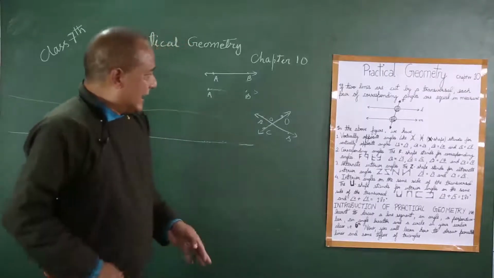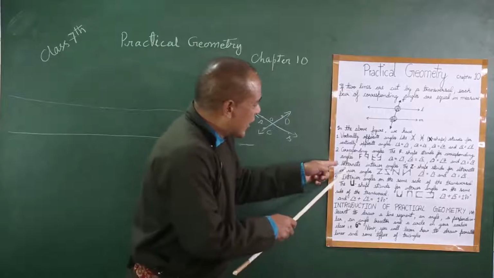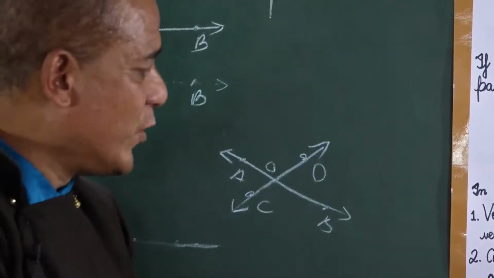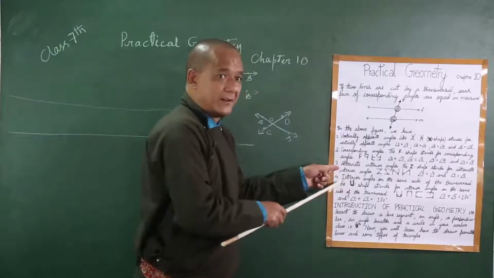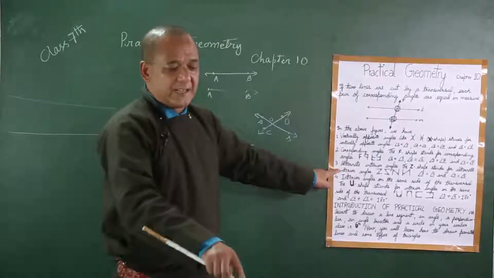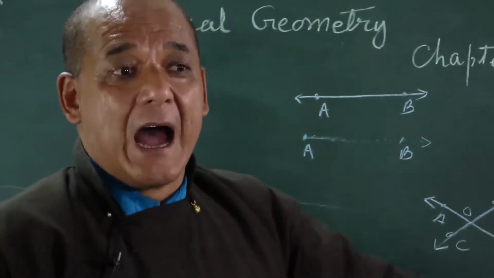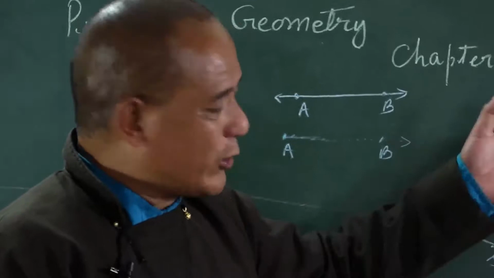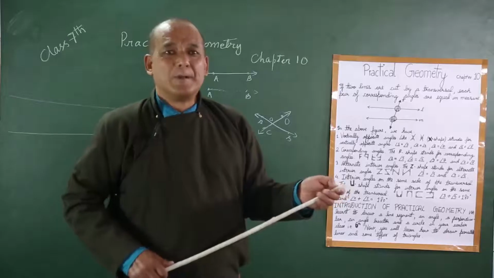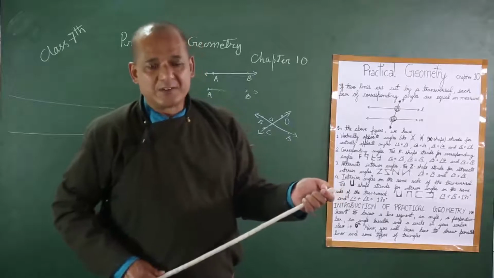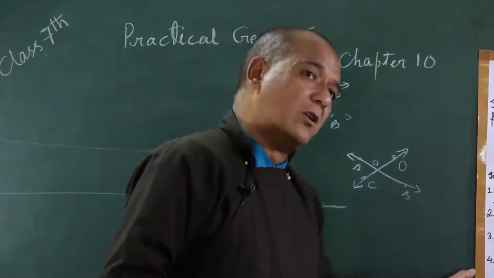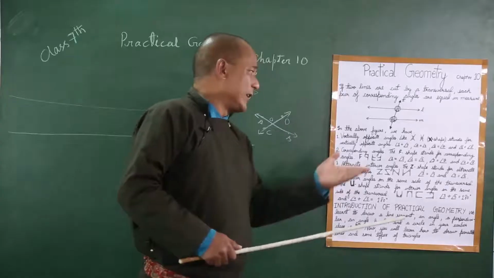So we have explained everything here. Now out of this we will use alternate interior angle in your practical geometry. Only this is useful to you. Alternate interior angle. 1, 2, 3, that is not useful to you when you are studying practical geometry. But I somehow thought that this is okay, because then you can understand something about lines and angles, which is one chapter there in your textbook. So that is why I explained all these different things.